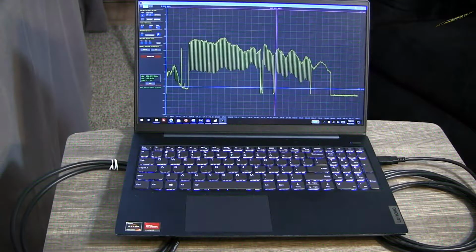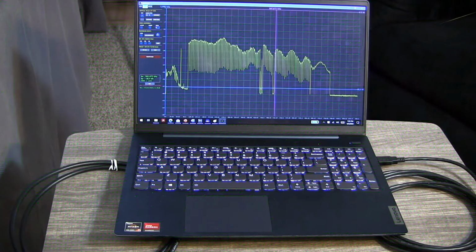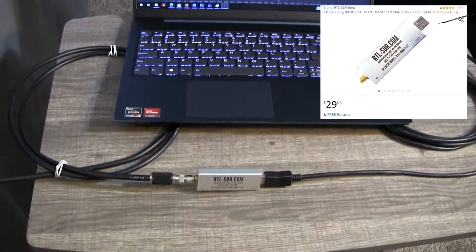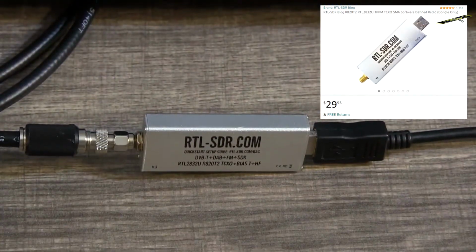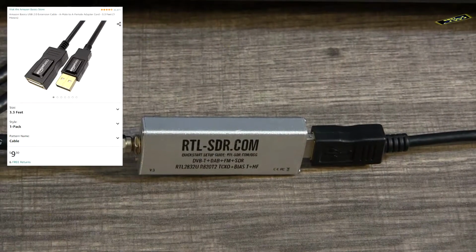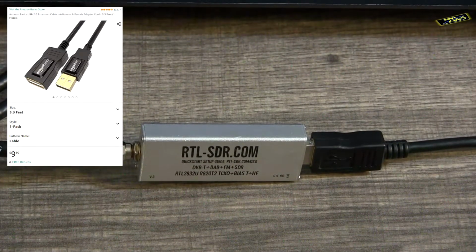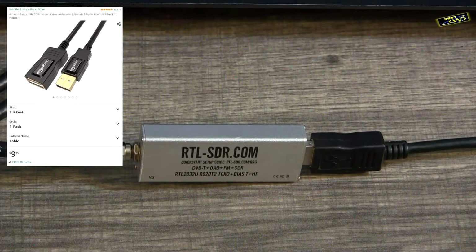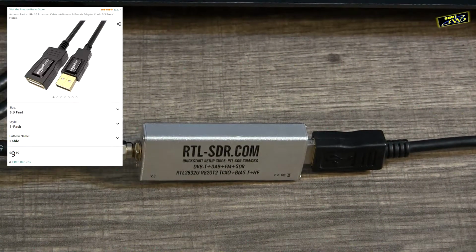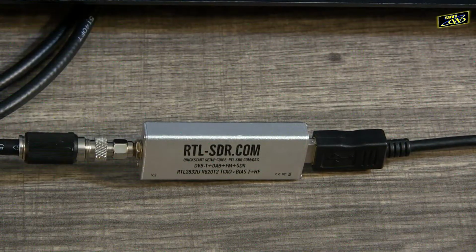As far as required hardware goes, you'll need a reasonably fast Windows computer, the RTL SDR USB, and I recommend using it with a USB 2.0 extension cable because the USB is kind of big and could potentially break a USB port, at least on a laptop.